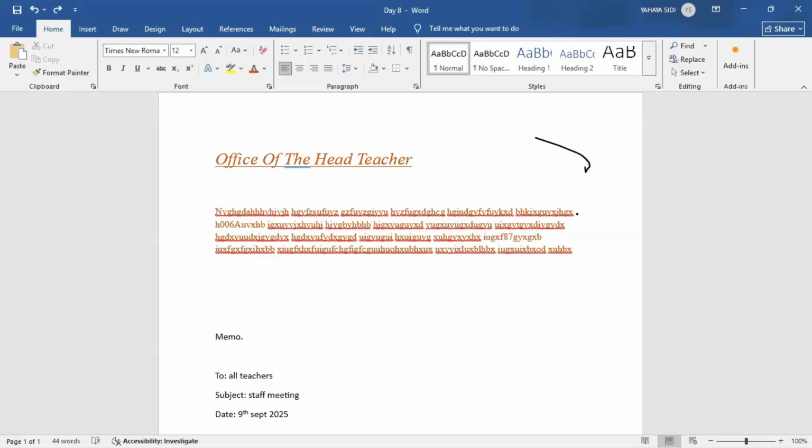The first line is different from the second line, and the third line likewise the fourth line. So as we can see, it may look unprofessional. But to make it in a justification way, what we need to do is